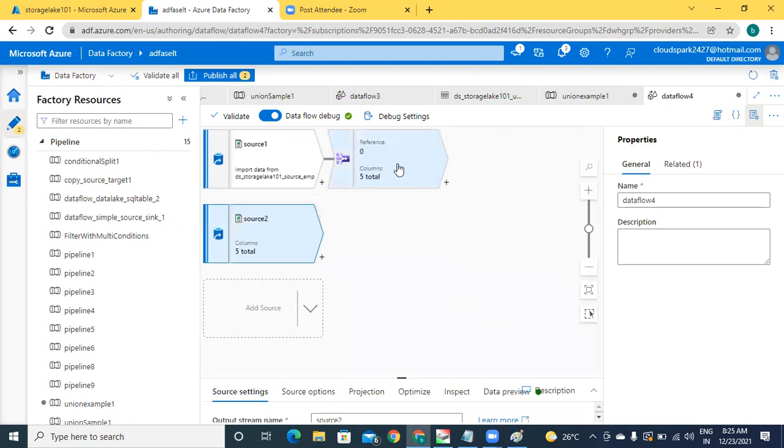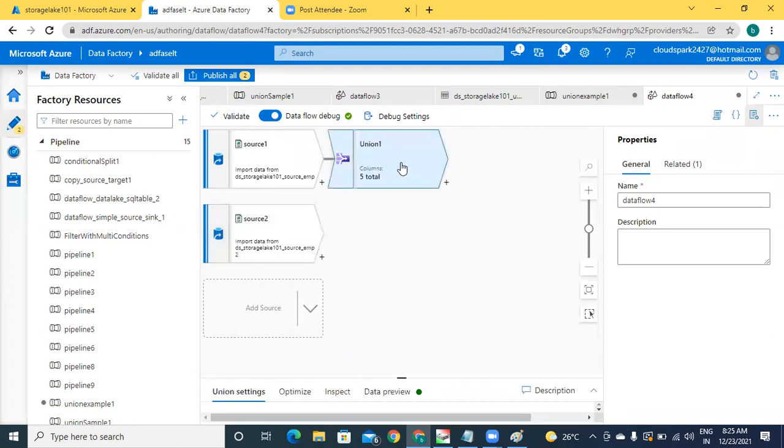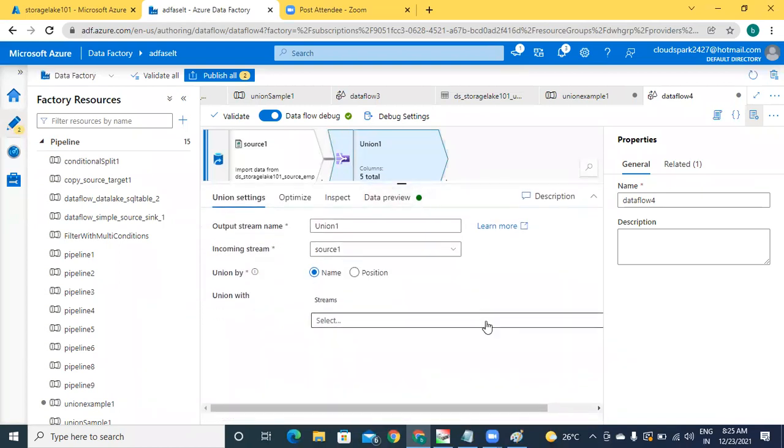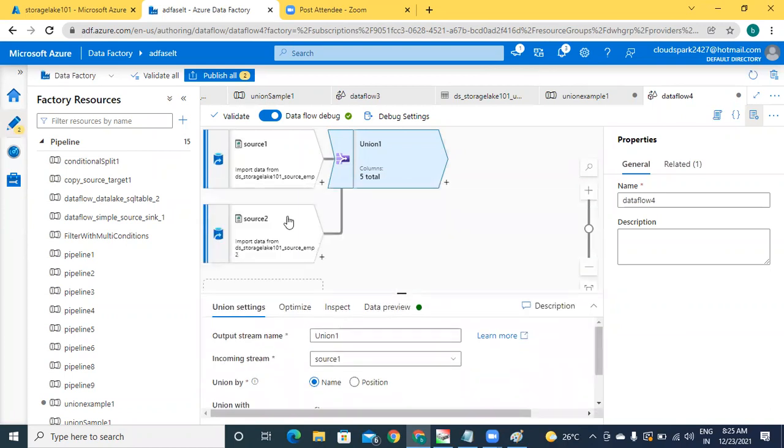Now come back to union. Go to the union with. Now your source 2 is selected and listed over here. Source 2. Now just check this entire flow. Previously, there was no connection between these two things. Now the connection is automatically established. Understood?